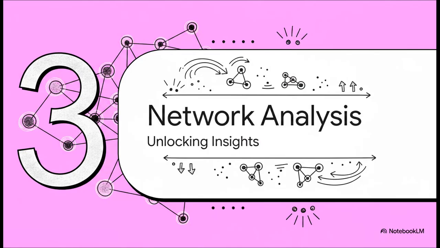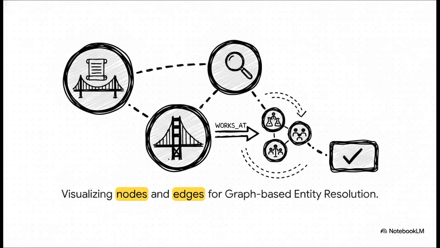Intellectual network analysis. Once we have all these structured triples completely ready and successfully ingested into our graph database, we finally get to the payoff. When we get to graph-based entity resolution, this is where things get really cool in practice. Because the LLM extracted not just the names, but the actual relationships, we can use the graph structure itself to clean up messy data. For example, if one document mentions UC-Cal and another document mentions University of California, the graph algorithms notice that both entities share the exact same works-at relationships with the exact same researchers. The system then confidently says, these are the same, and merges them into a single, clean node.